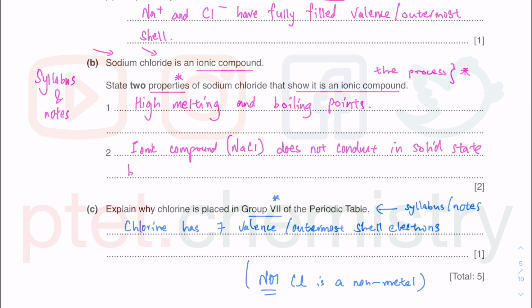but it can conduct electricity. We are talking about electricity in the liquid, meaning molten, or aqueous, meaning dissolved in water. So all of these was already covered in the notes. You're not asked for the reason here, but the reason is because you do not have free ions in a solid state. The ions are in a fixed position, and the ions are free to move once they become liquid